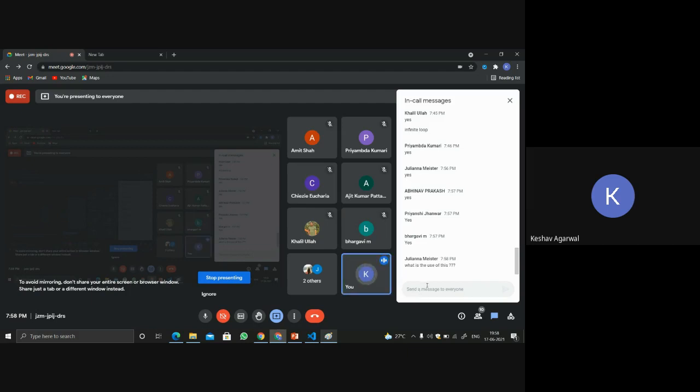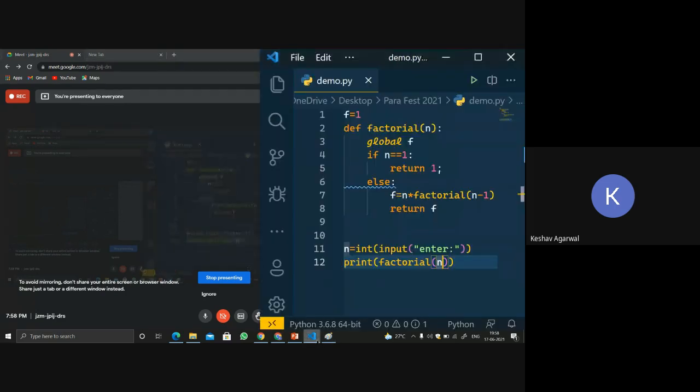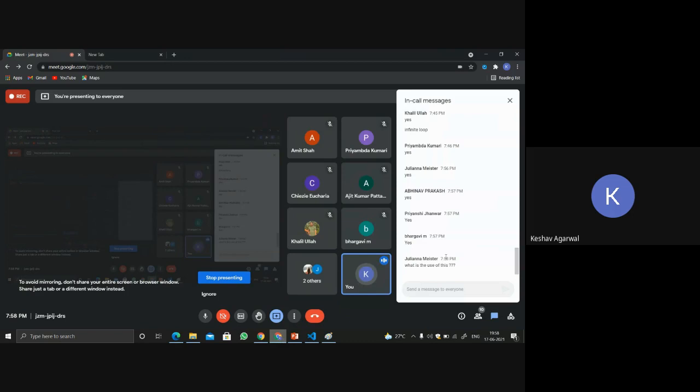So guys, if you want, you can leave, or if you have any doubt, then, what is the use of this? See, what is the use of a function? Remember, last time we talked about the use of a function: the same block does not have to be written again and again.